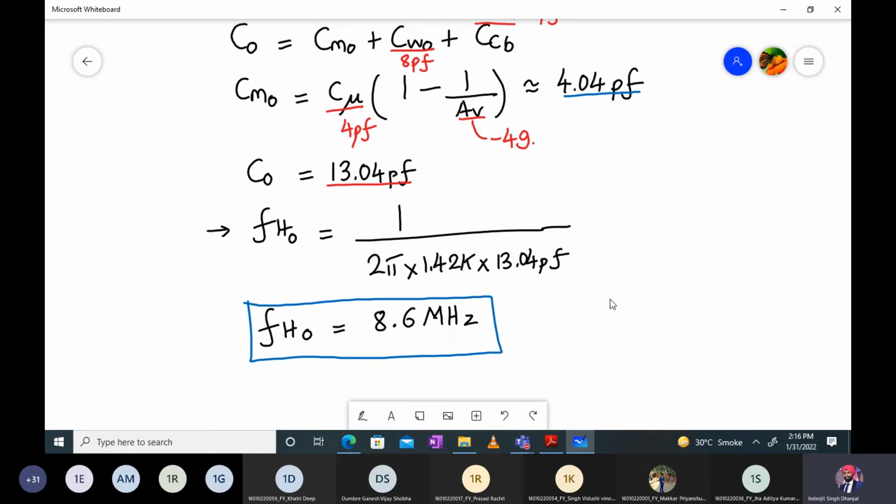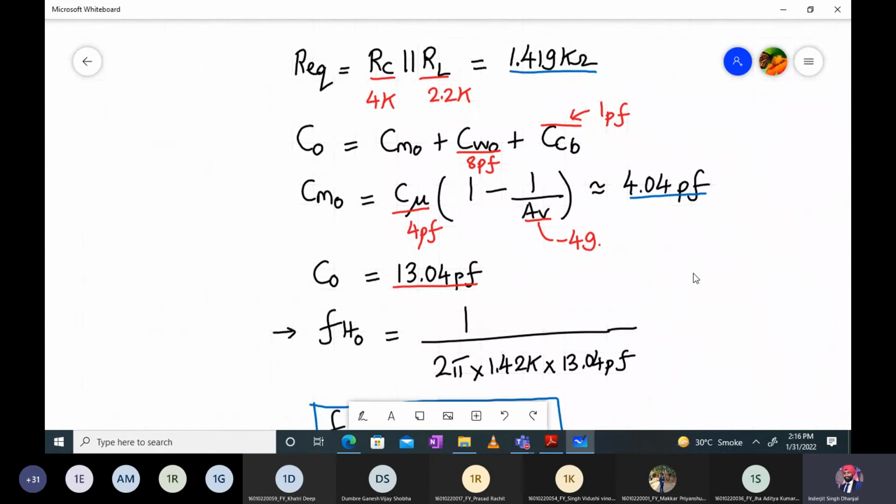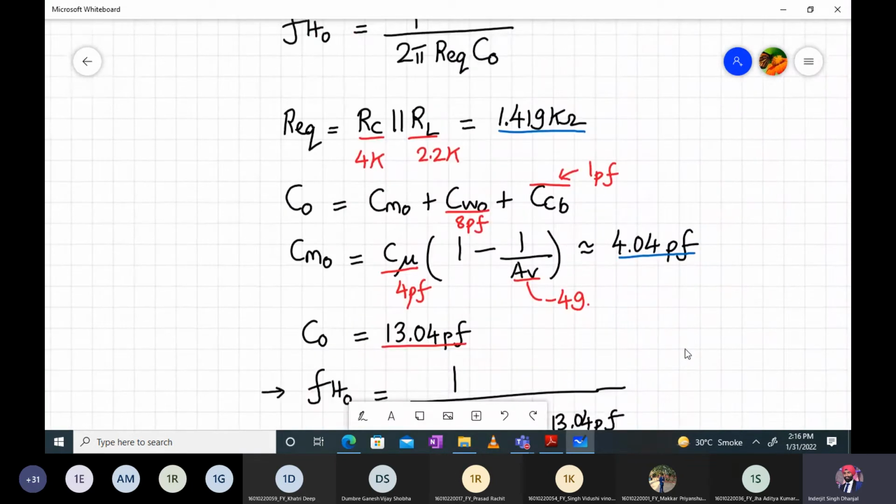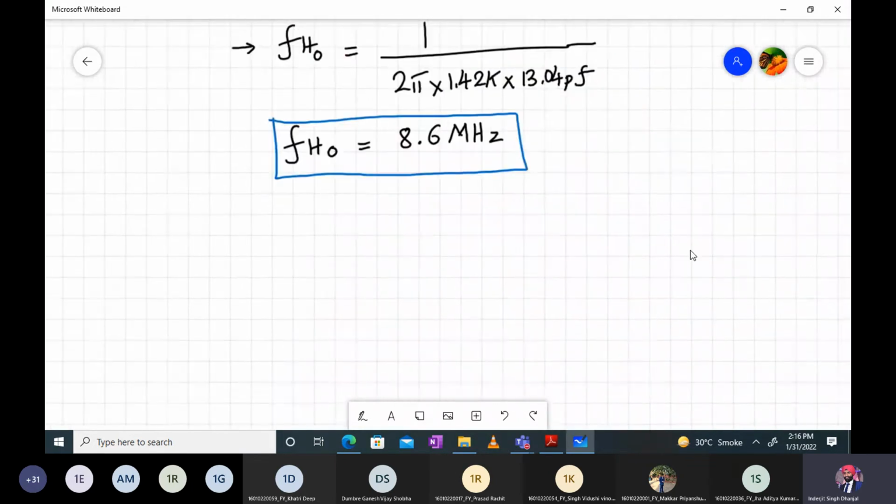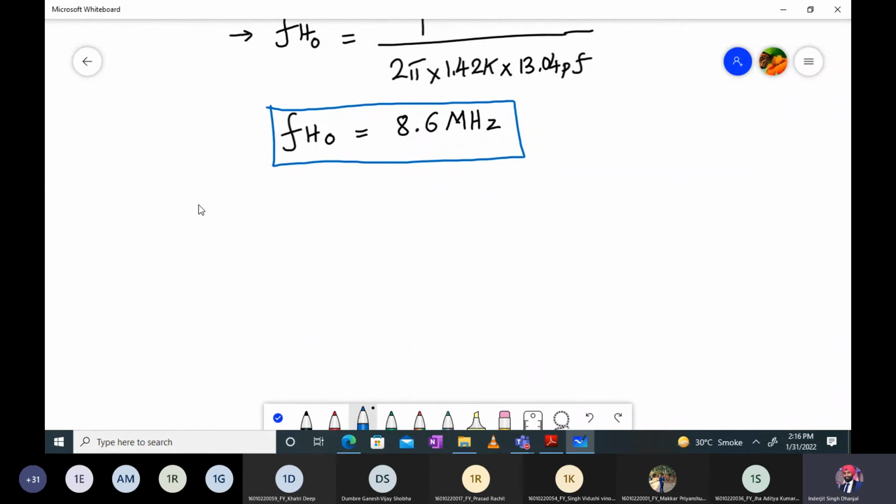Now the next step is we have to quickly calculate the total FH, right? So last step. One last step is remaining: calculation of